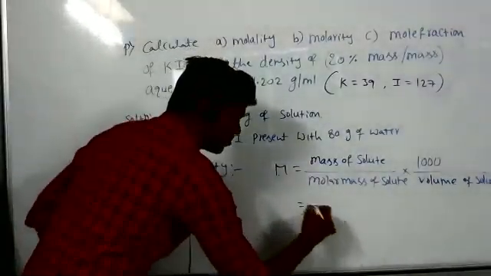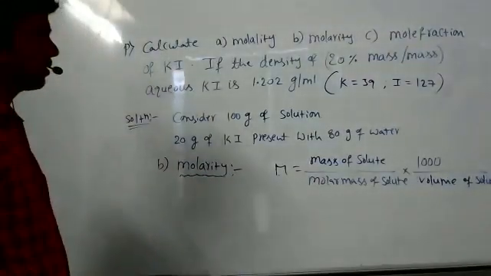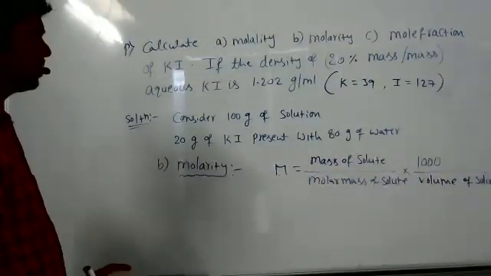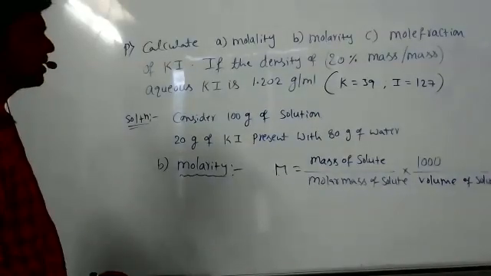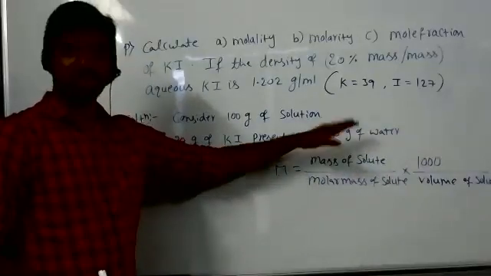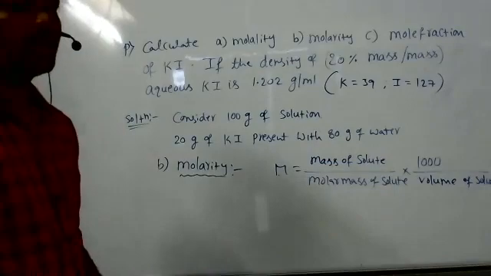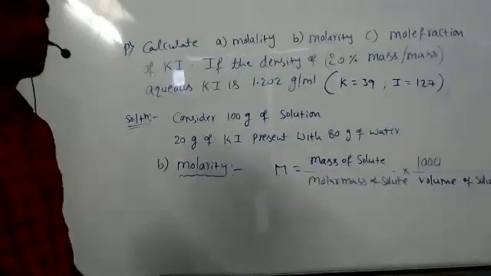Sir, I got the volume of potassium iodide as 16.63 ml. What? Only that much? I think you made a mistake. Here, 20 grams of potassium iodide is present in 80 grams, so you should get almost 80. Sir, I got 83.19. Yes, sir. Okay, so apply that.